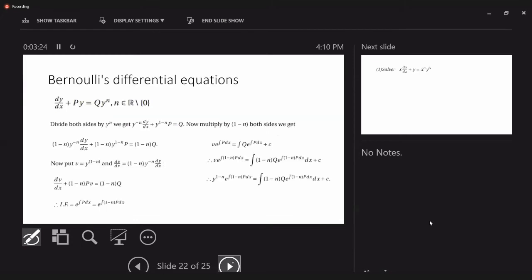Then after that, we were seeing this Bernoulli's differential equation. Is that correct? Have we got up to this stage? Yes, ma'am. We have got up to this stage, right? So you have noted this theory part or not noted the theory part? Noted, ma'am. Okay, very good. All right.